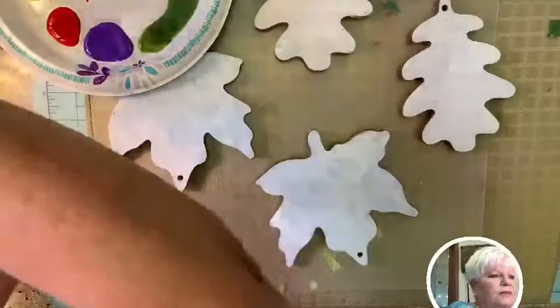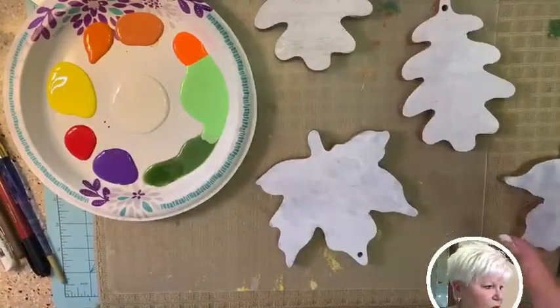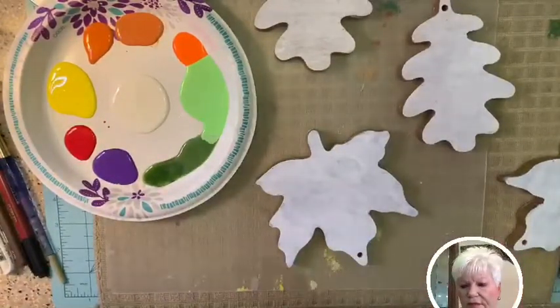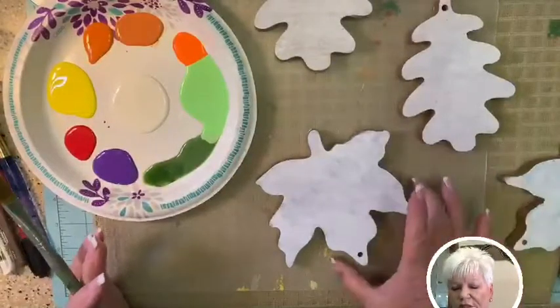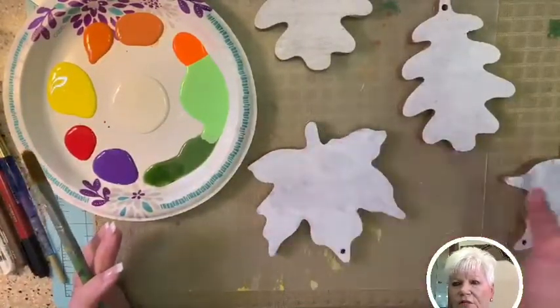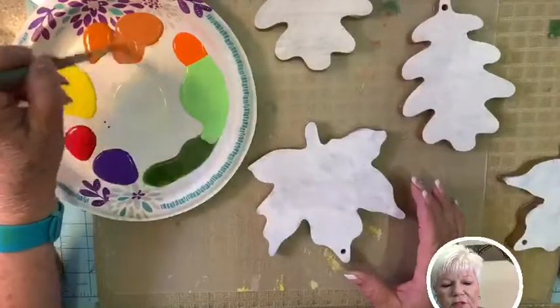I'm just going to take kind of like a filbert brush, just a medium brush, and I'll wet it. These leaves have been primed. And what I mean by that is that this one was a dark brown. And so when I primed it, it made it so that it would look pretty for the paint, look nice. I'm just going to start with